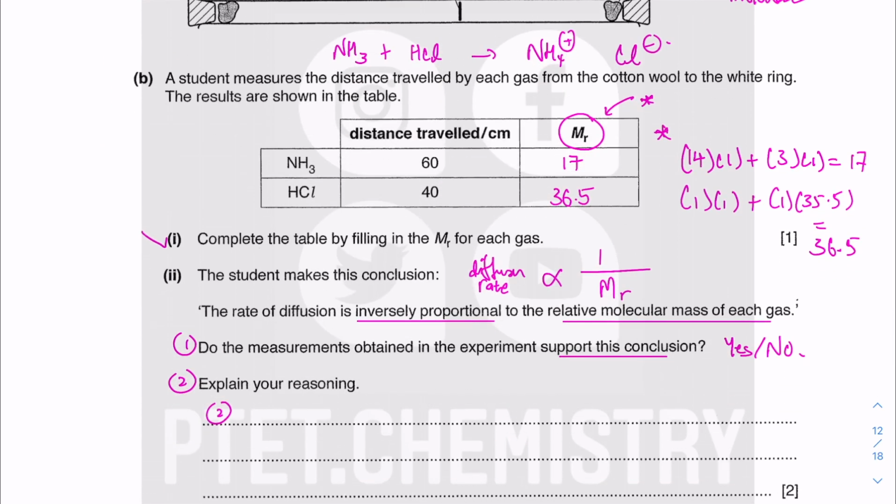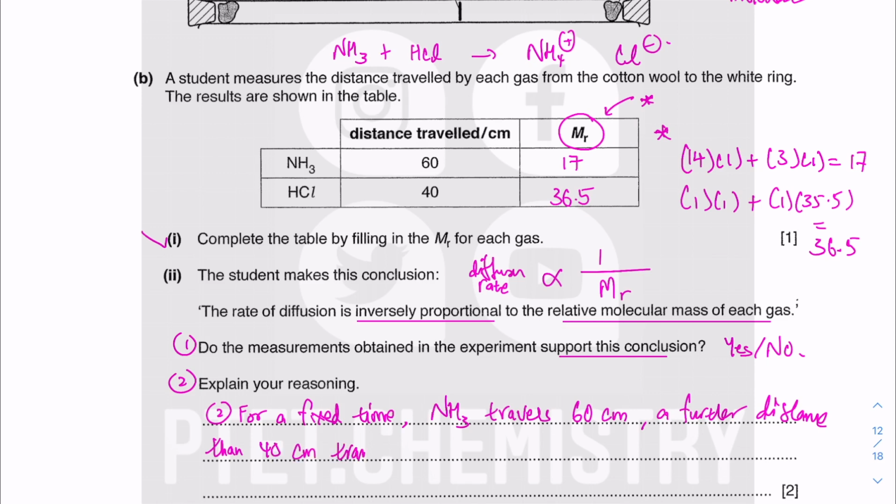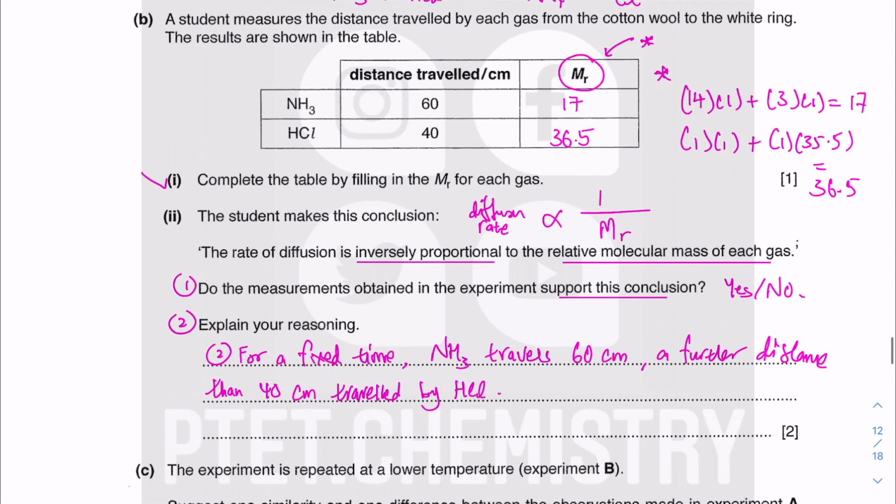So for a fixed time, NH3 travels 60 cm, a further distance, than the 40 cm travelled by HCl, and this is because